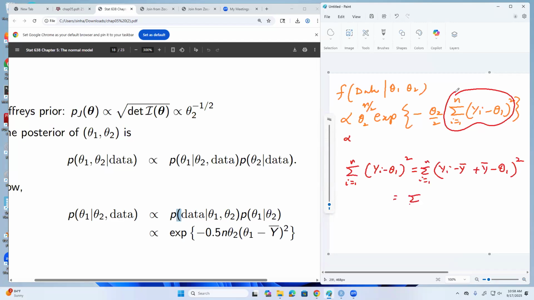And it is sum of (yi minus y bar) square plus n (y bar minus theta 1) square. In the last lecture or two lectures back, I showed you this type of breakup where the cross product term vanishes because the sum of (yi minus y bar) equals 0. So if I use this expression back here, theta 2 to the power n over 2,